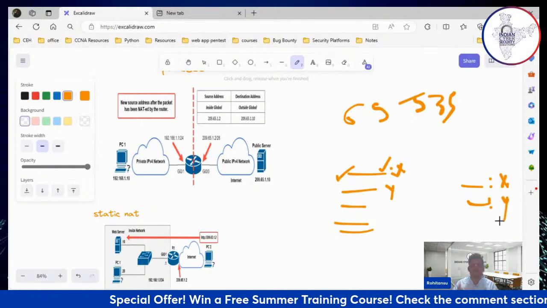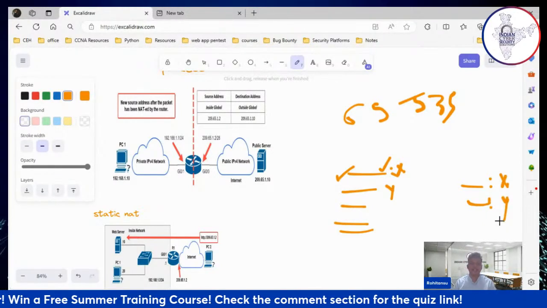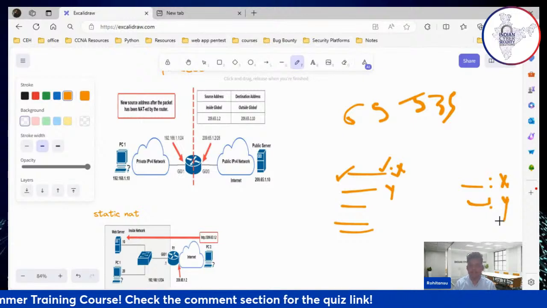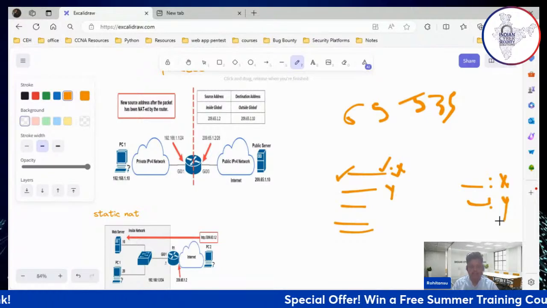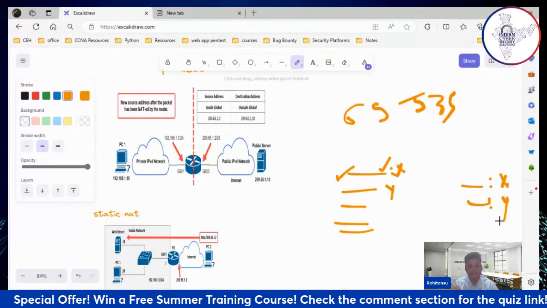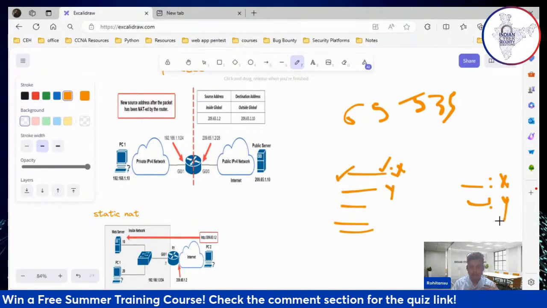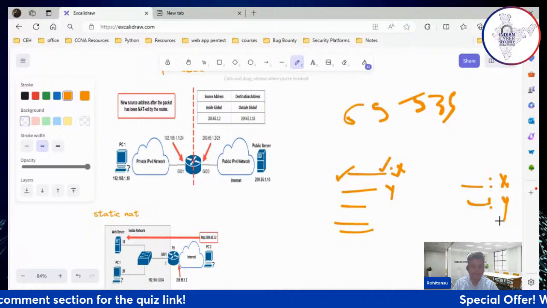So this is how you implement security, a very basic thing that we forget as a network engineer or administrator. This is how you implement security. By default implementation is there for IPv4. When we talk about IPv6, we don't take this into consideration. Before going into firewalls, before going into IDS, IPS, you should be very familiar and fluent with this NAT.